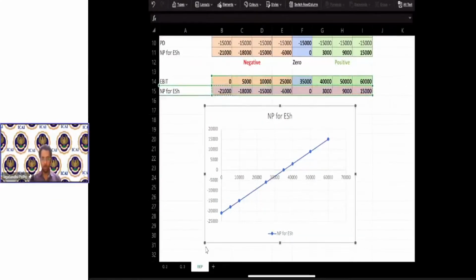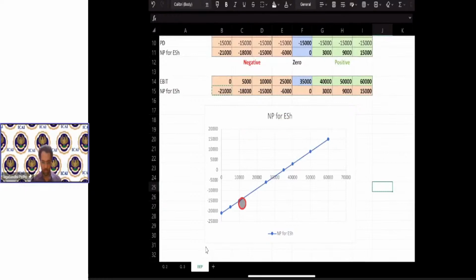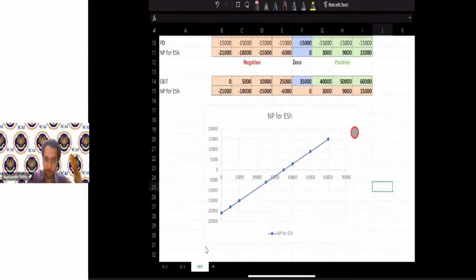Look at this net profit for equity shareholders line, right? So this is touching 0 over here. This point where my cursor is currently placed is actually your financial break-even point. This is the point where we have the financial break-even point as 0,